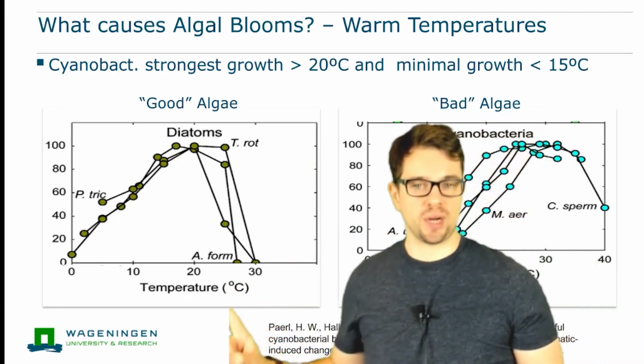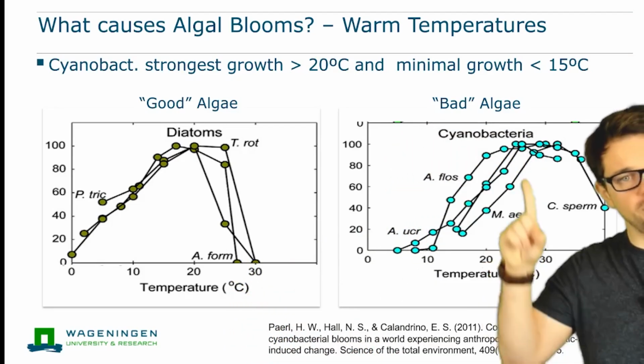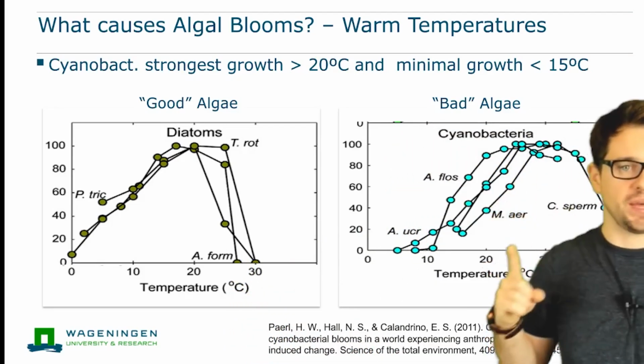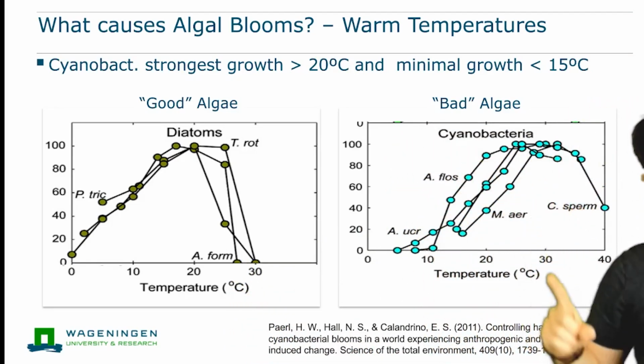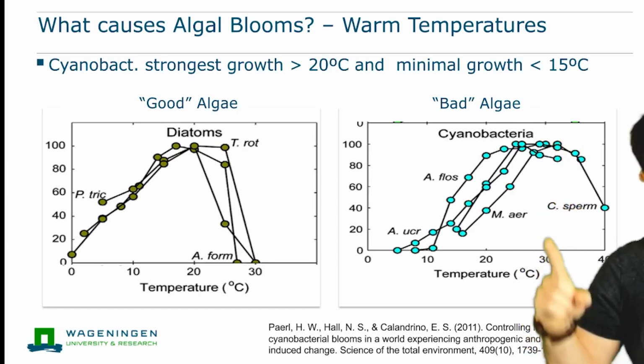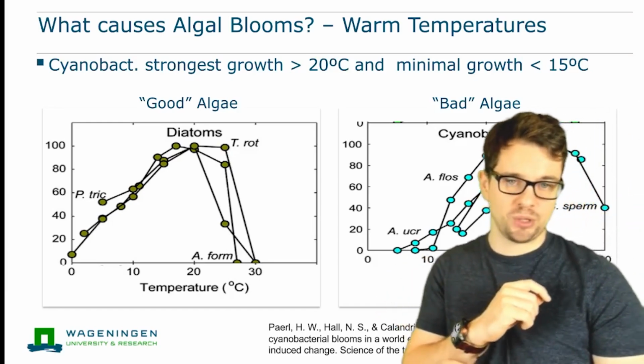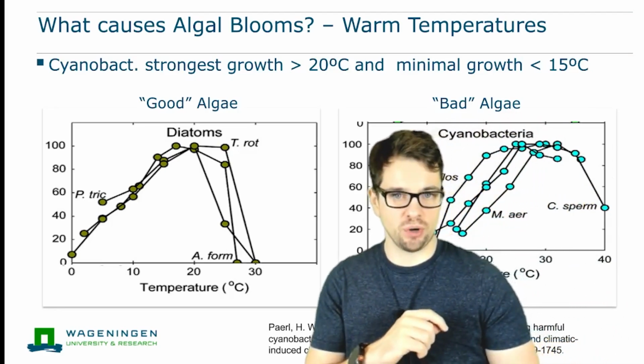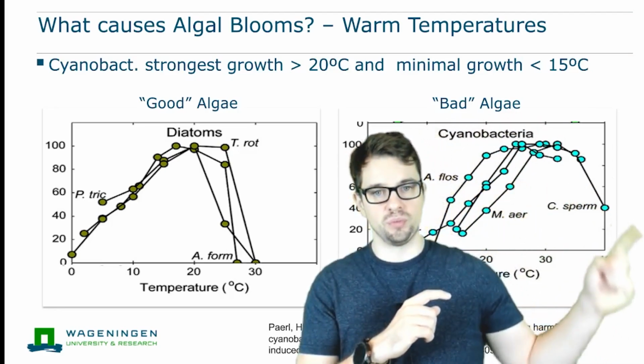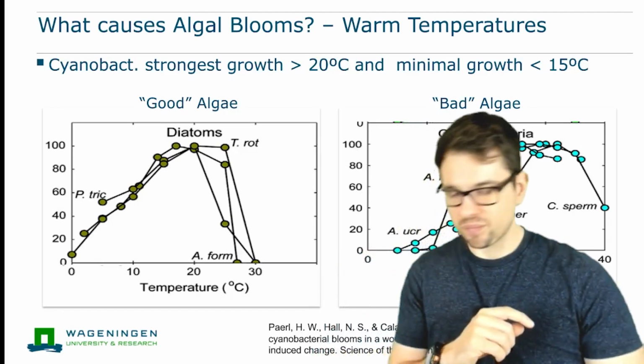But when the temperature rises above 25 degrees, cyanobacteria will basically flourish, and they like these warmer waters more, and they will take over the population above 30 degrees, which is naturally a problem with warming sea temperatures with climate change, that algal blooms are getting more frequent, and especially algal blooms regarding cyanobacteria are a threat